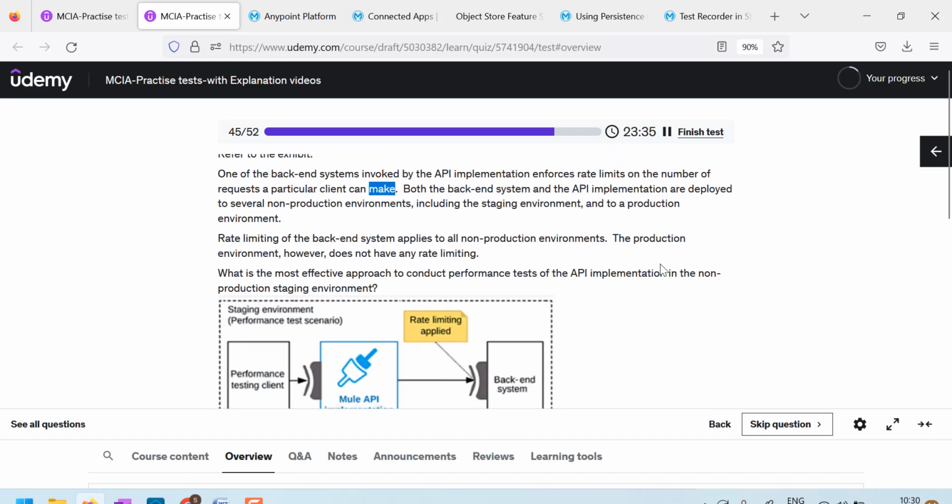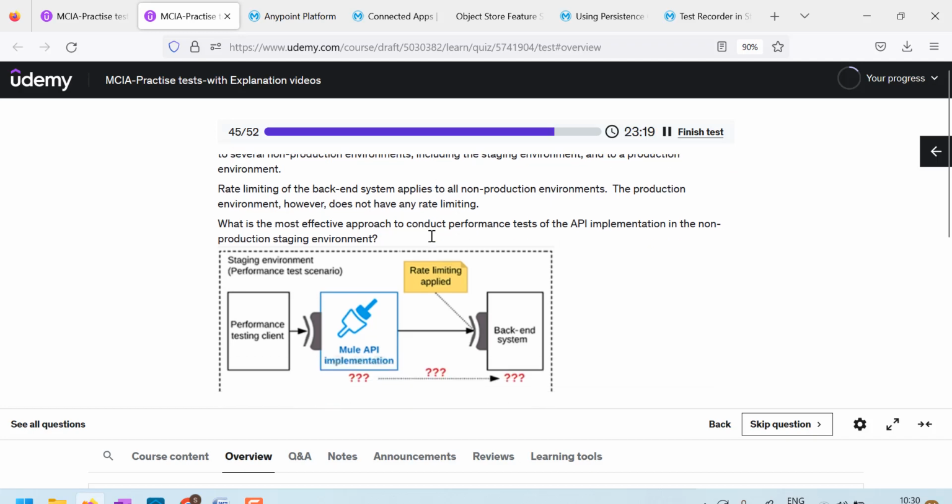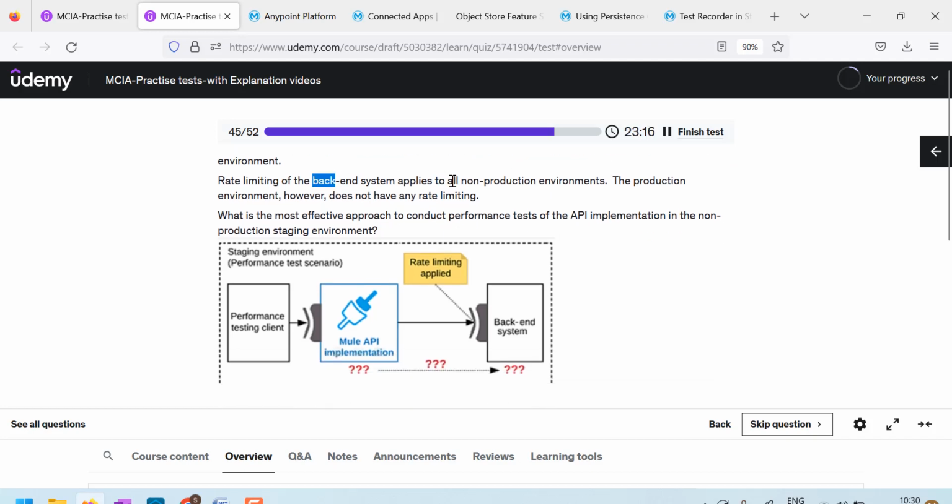Okay. Both the backend system and API implementations are deployed to several non-production environments, including staging environment, and also to production environment. Okay. The rate limiting of backend system applies to all non-production environments. The production environment of the backend system does not have any rate limiting. What is the most effective approach to conduct performance tests of the API implementation in